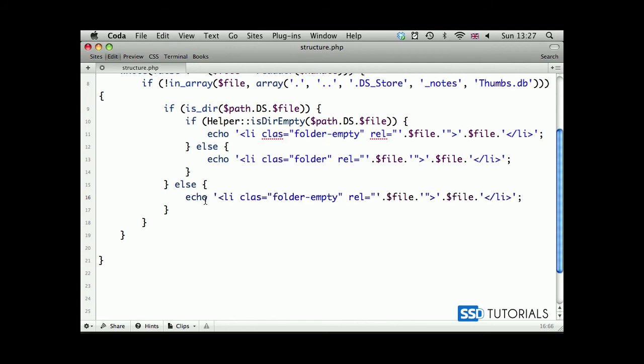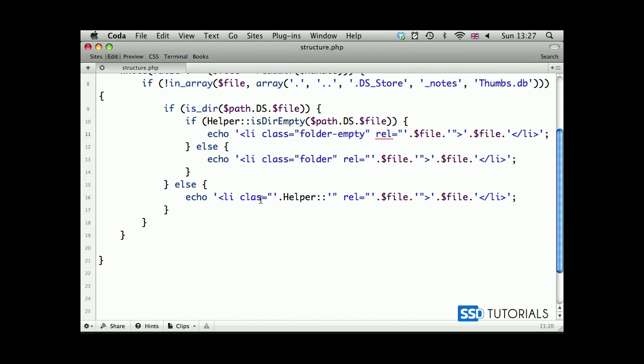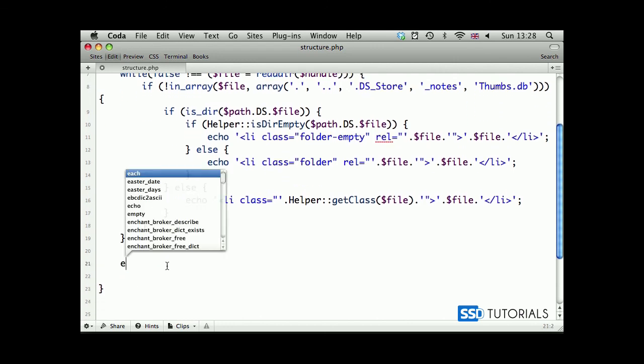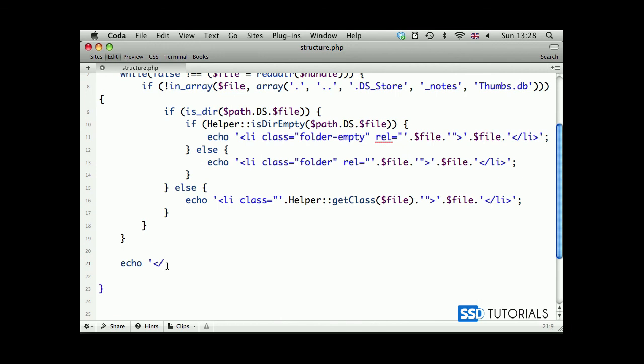I'm going to paste the same thing again, but now for the class we're going to use a helper class, obviously, helper get class, and we're going to put the file name in as a parameter. Then we will not have any rel attribute, and we will have the file name in between the opening and closing li tag. Then after all this looping, what we're going to do is echo our closing ul tag